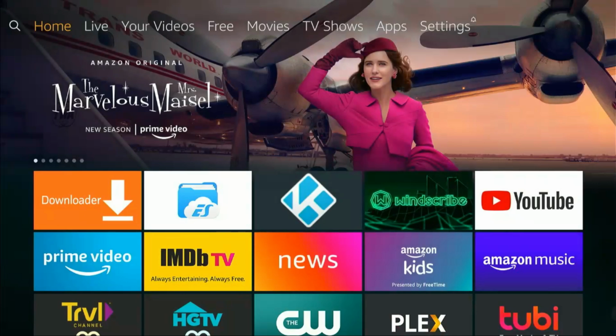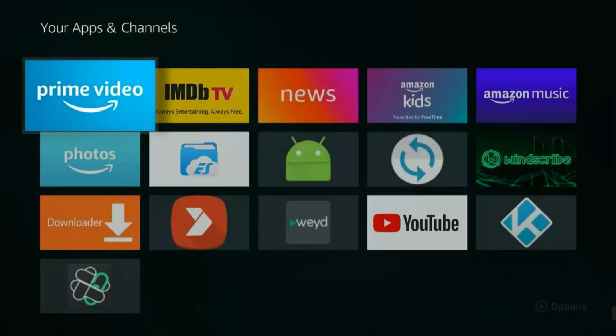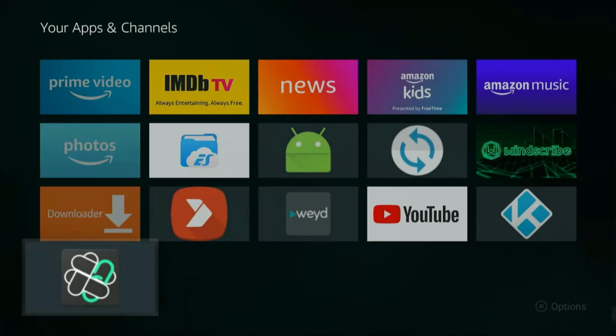and here again press the remote home button for 3 seconds, and here you will find 4 options. So click on apps, it means applications, and here you will find all applications that are installed on your Amazon Fire Stick device. So if you want to open Firelinked on your Amazon Fire Stick device, then scroll down, you will find Firelinked. So here is the Firelinked app, click on it,